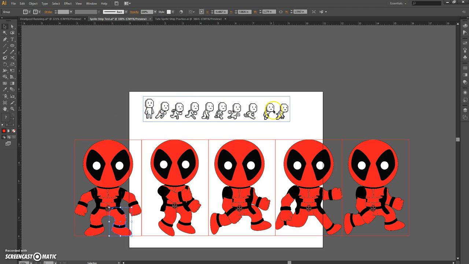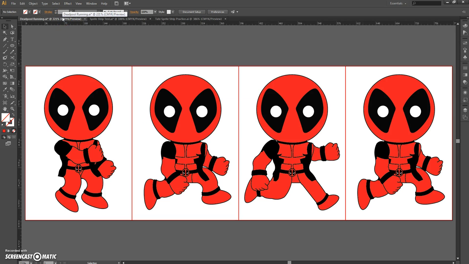On the web, I found this sprite strip, and I used that as a model for how I should position his legs and arms. Mine might not be perfect. It might look a little like he's playing an air guitar here. But it's a good start for a good attempt at doing this. I took those, not the stationary, but the last 4 sprites, and I put them in a sprite strip all together. I took my document and I shrunk the artboard down so that it was just the size,